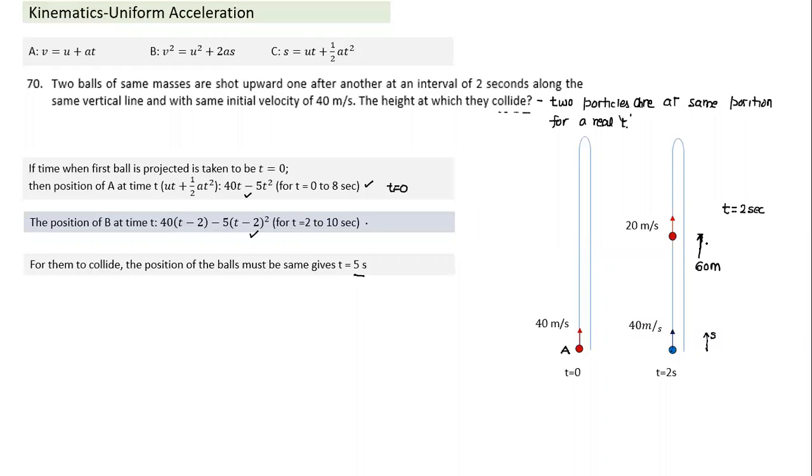Okay, I'm just using some shortcuts here. So this is the state, and now how would they collide? If I use the concept of relative velocity, if I call this B and this A, both will have the same acceleration. The relative acceleration is 0. It is equivalent to sitting in car B while car A is going slower. As seen from B, projectile A will appear to be moving towards B with a speed of 20 meters per second, and the acceleration is 0. Since the separation between them is 60, it will take 3 seconds for it to collide. So that's how we could have calculated using relative velocity.